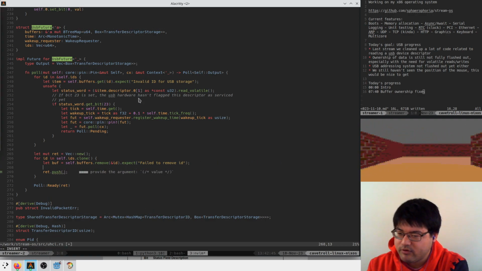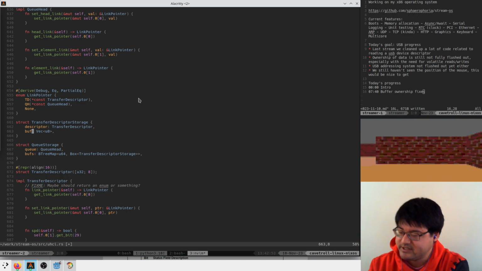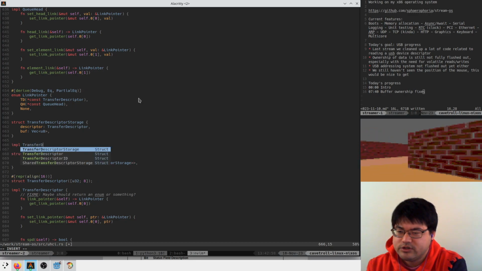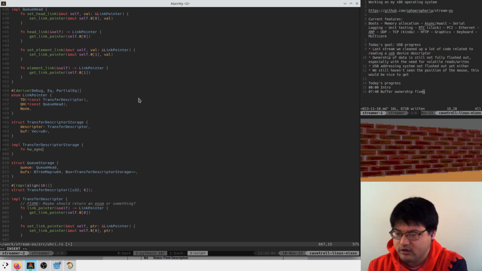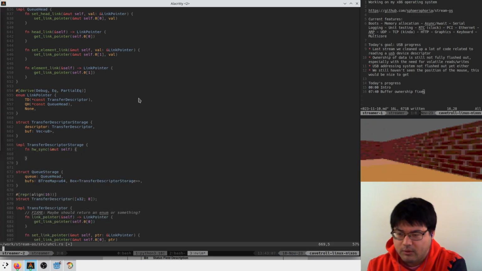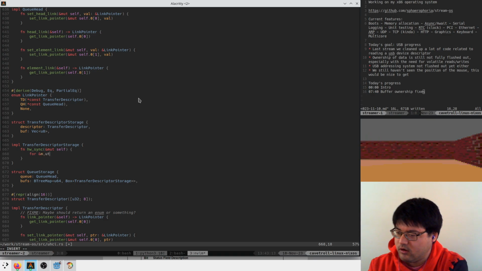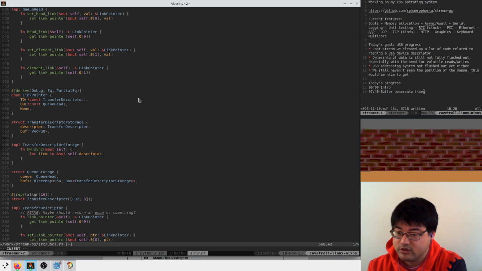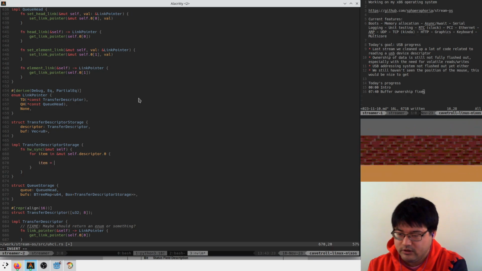And now, everything in this buffer, there's a chance that it's, how do I say this? We need to make sure that it's synced with what hardware wrote. So we can say, impl transfer descriptor storage. And I think you can just say, we could make something that's like sync, hardware sync. And we're getting crazy in here. We're going to say, for item in mut self.descriptor.0. So we have a buffer of U32s. We're going to say item equals